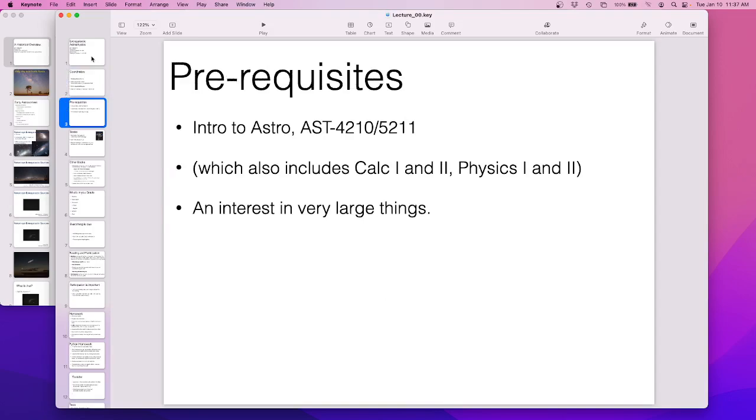All right, so hopefully everybody's taken Intro to Astro last semester or the previous year or something equivalent, so I need everybody to have that basic background. However, I'm going to assume that it went about as well as I think it did. So I'm going to cover all the background. I'm going to cover everything that I need you to know. So we'll go over that.